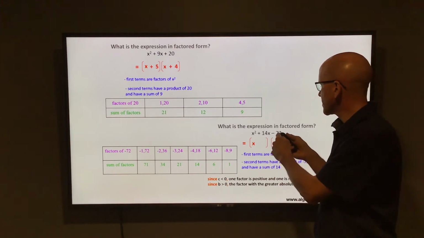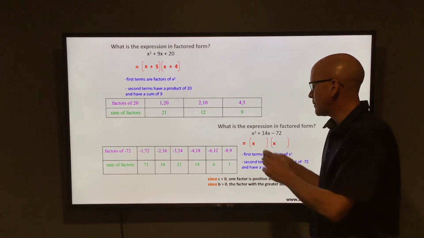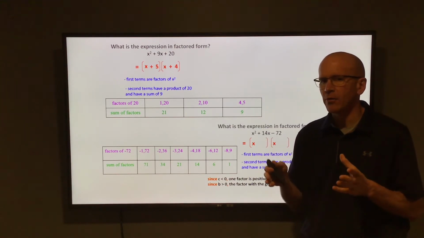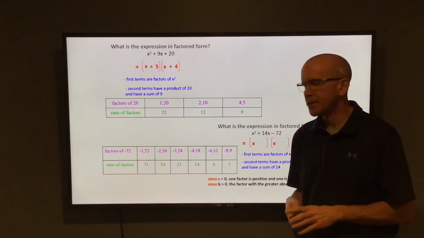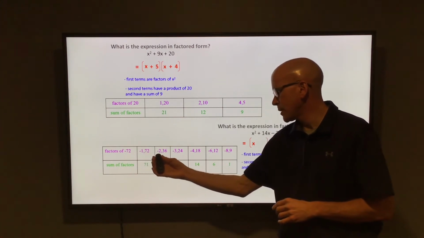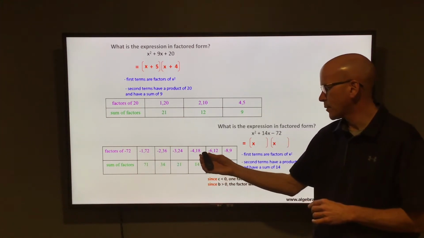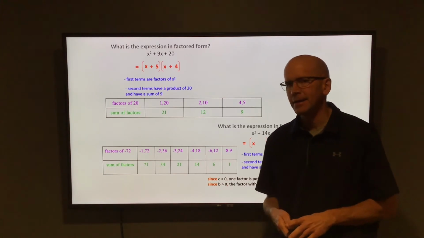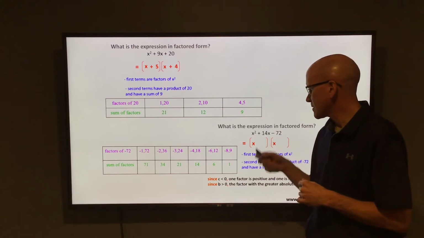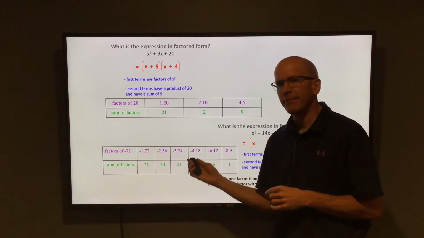So we're looking for two numbers that multiply to make negative 72 and add to make 14. Think of all the factors of negative 72, and you're looking for a pair that will add to make 14. So these are the factors of negative 72. You have negative 1 and 72, negative 2 and 36, negative 3 and 24, negative 4 and 18, negative 6 and 12, and negative 8 and 9. You're looking for the pair that adds together to make this 14, and that would be this negative 4 and